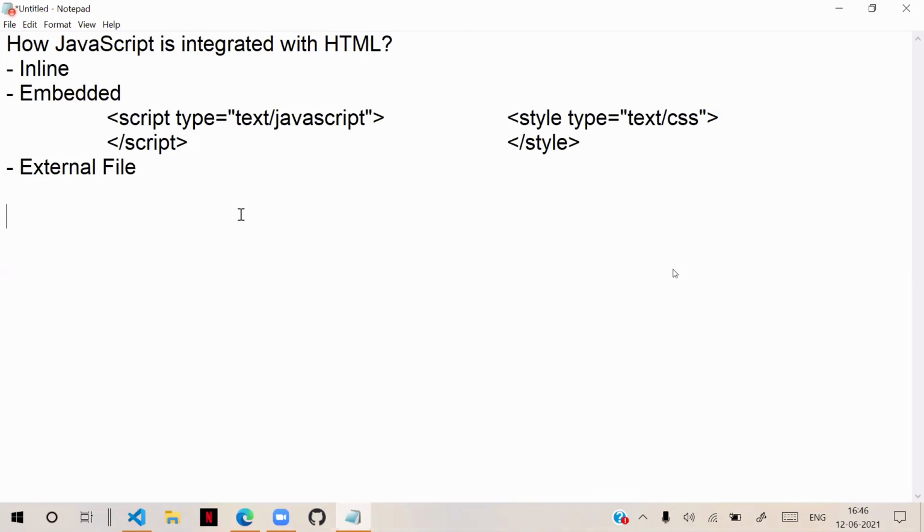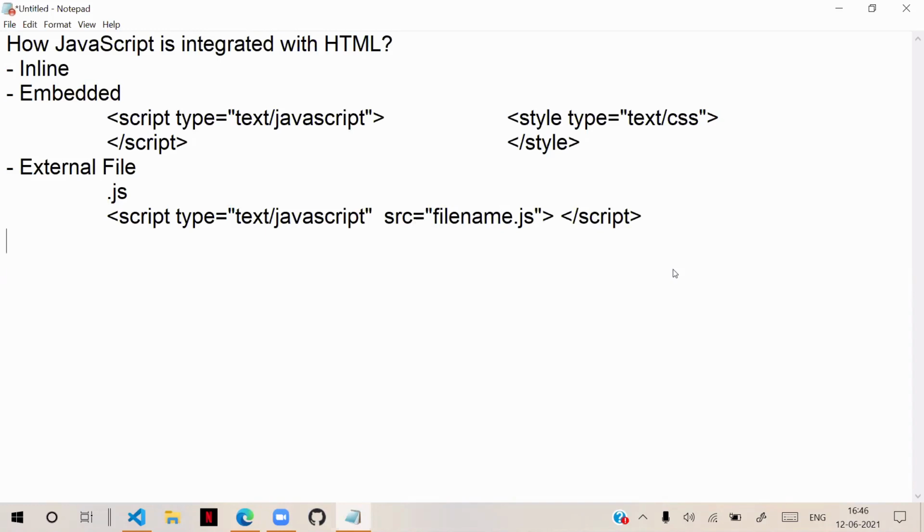These are the 3 techniques. External file means usually JavaScript files have the extension .js, and we link the files. Type text/javascript, and we link the files by using source, the file name, and .js. We will link the files and use them.